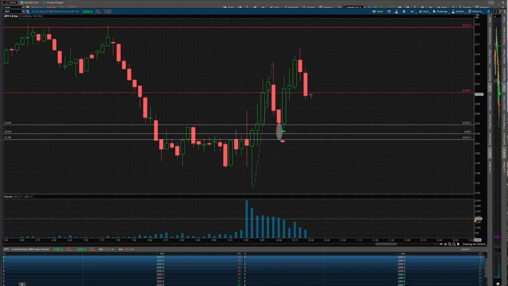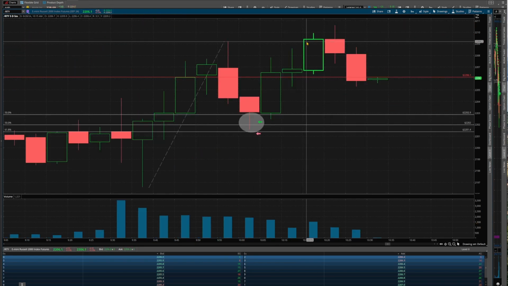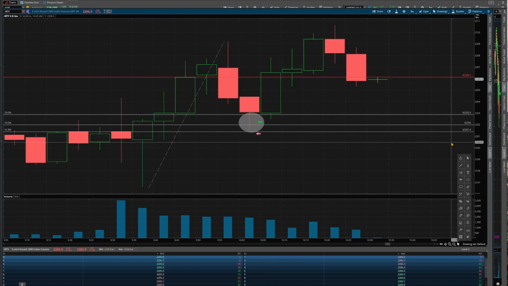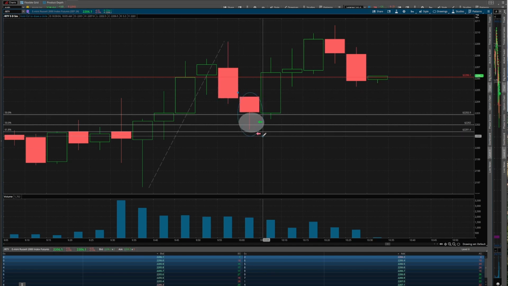Okay, now where am I looking to scale in? Well, I'm looking to scale in when I see confirmation. What is confirmation? Confirmation is waiting for a 5-minute candle to print. This 5-minute candle printed, and we for sure held over all these levels that I wanted to. So now, as long as we open over these levels on this next candle, I'm going to look to scale